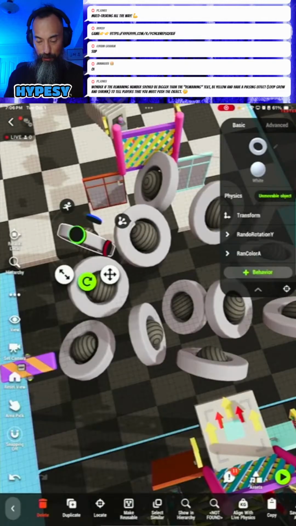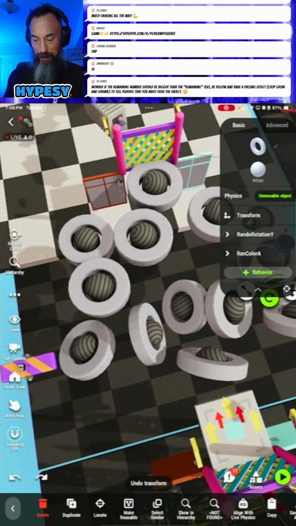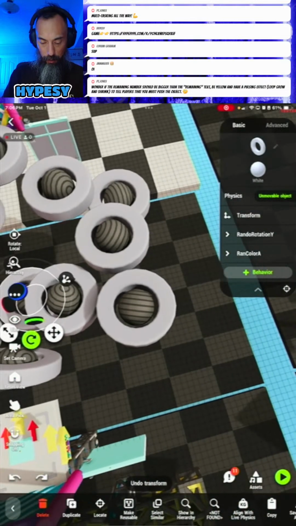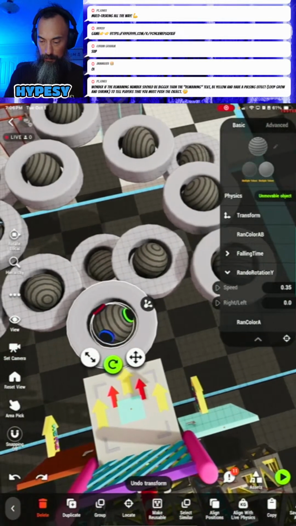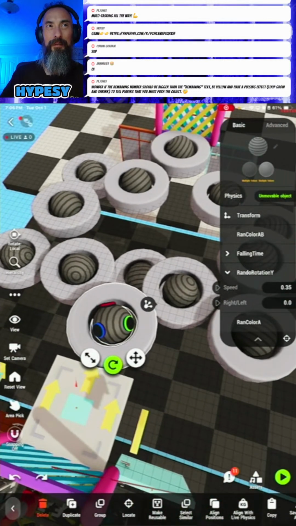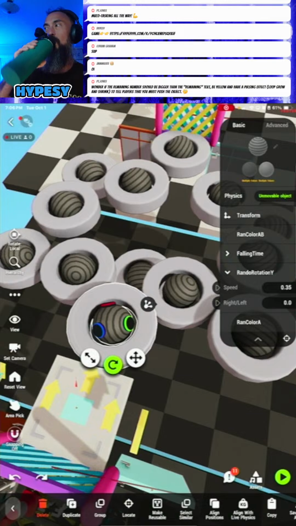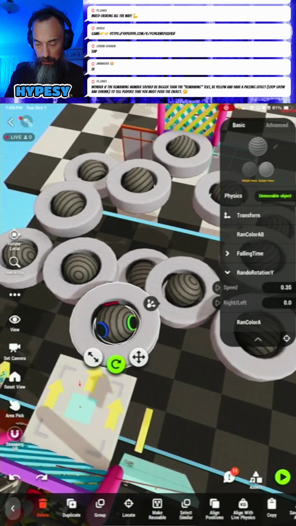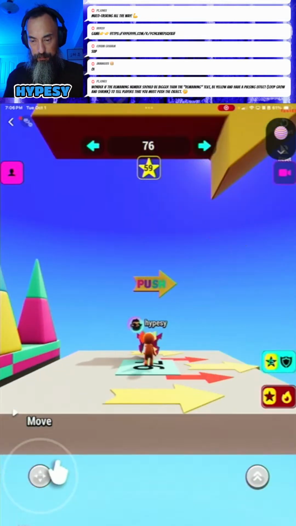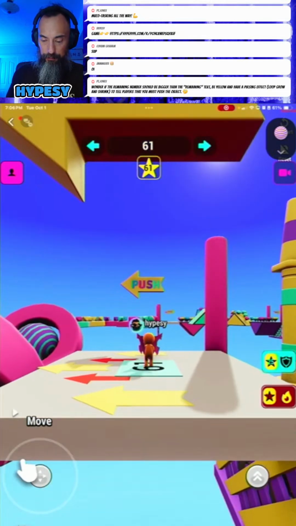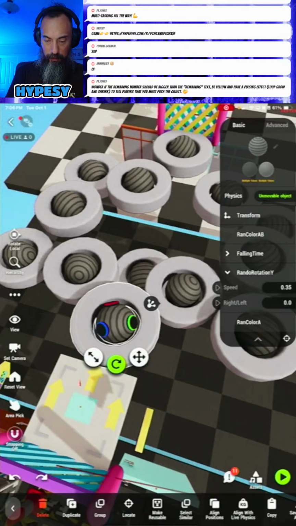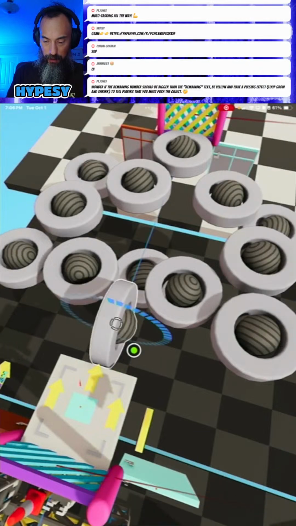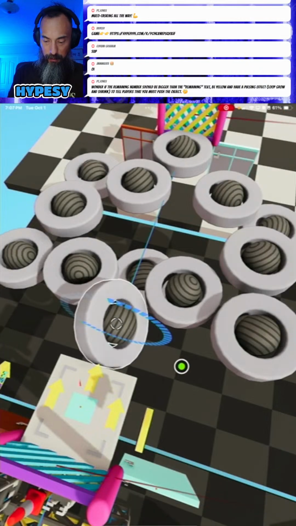Okay, I'm gonna undo that because I noticed the way it's spinning, they have different rotation angles. So let me look at that first one. First one is spinning this way. So we can rotate it like so.